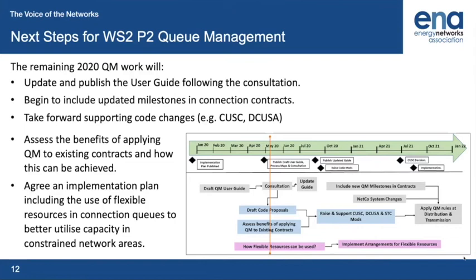And the other thing which I've already mentioned that we're going to be doing is, in September, publishing a little bit of an implementation plan, which will do things like lay out the timescale for the code processes, how the DNOs are approaching the use of flexible resources, that thing in a little bit more detail, so that people can